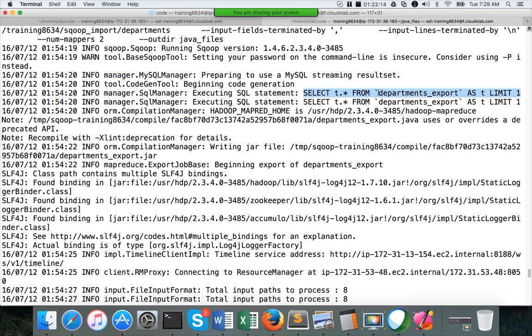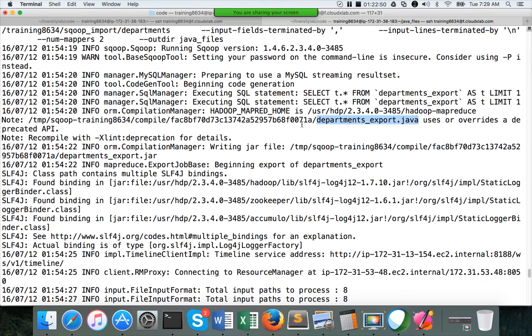Okay, once it gets that information, it creates a Java file, and if you store this in a location where you want to review how the data looks like, it will come in handy in case of advanced troubleshooting issues, especially if you are dealing with Cloudera to get support. If your Sqoop jobs are failing for some reason, they will ask you to pass this Java file to them, and then the Sqoop command, and using that information they can troubleshoot the issue.